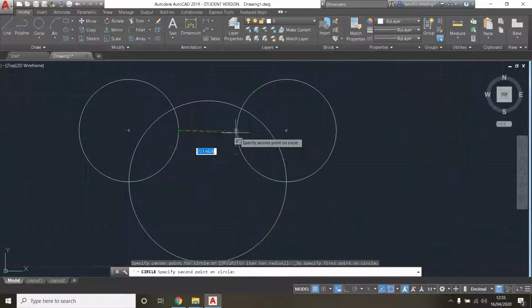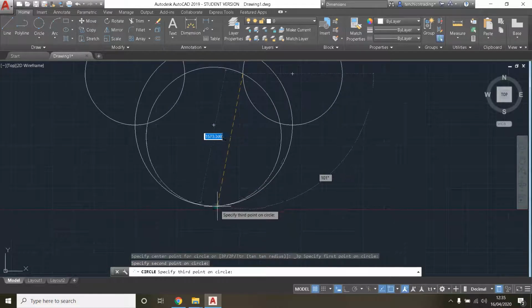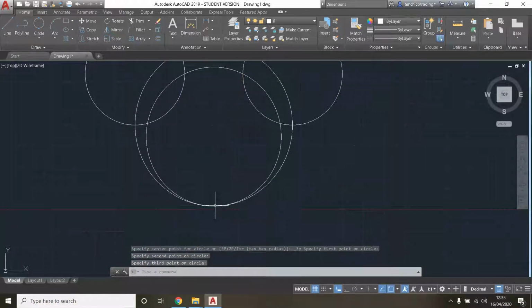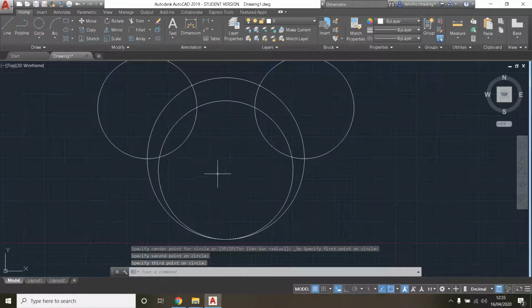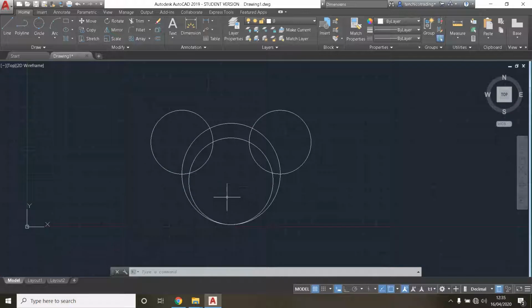It helps us select. So switching on all of these snaps is quite very important. This is becoming Mickey Mouse. All right, so now I joined this circle using their quadrants as well as that circle there. All right,